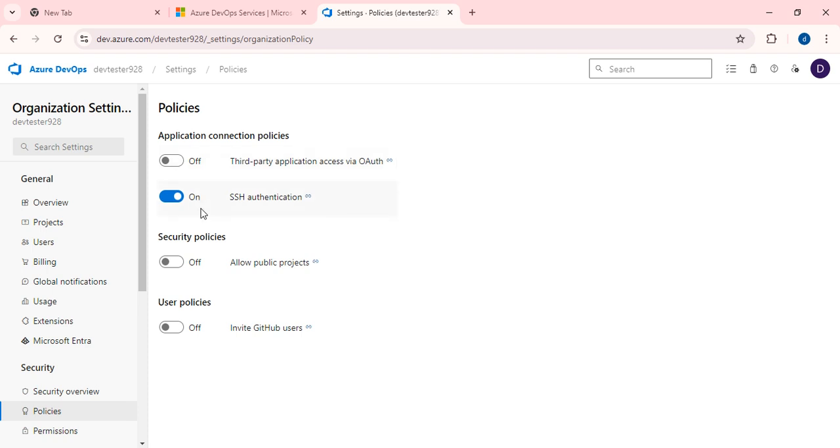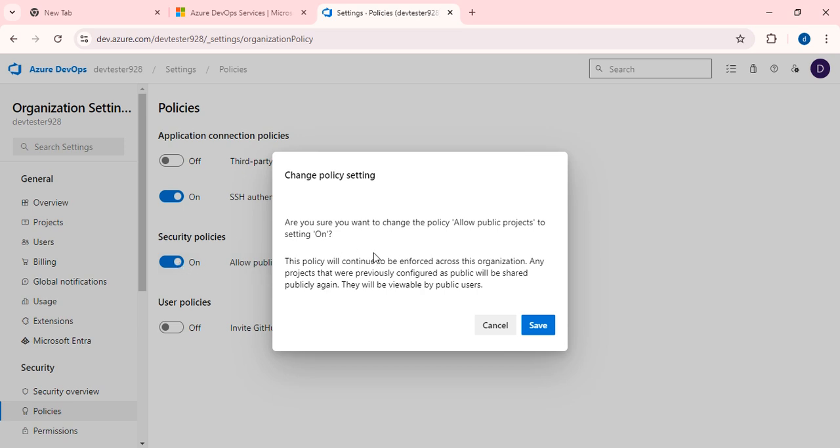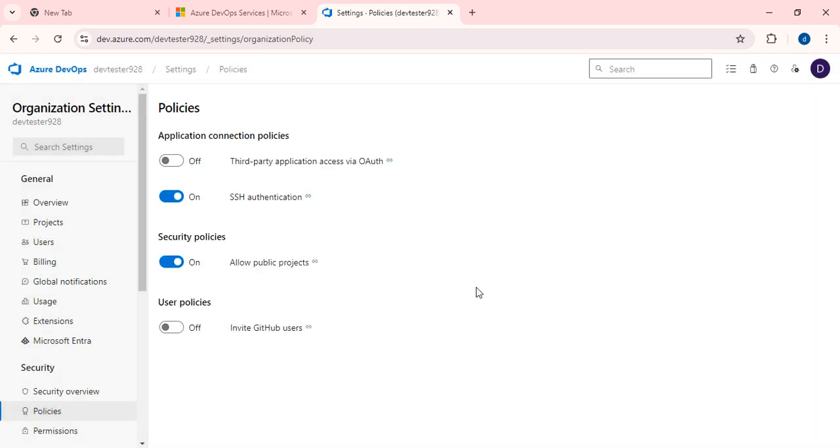Suppose if you want to, you can enable SSH authentication. By default it is enabled. And if you want to allow public projects as well, you can turn it on here. Are you sure you want to change the policy allow public projects to on? Yes. Generally what we do is create private projects, because if I allow